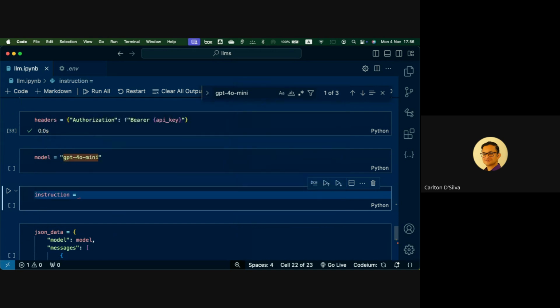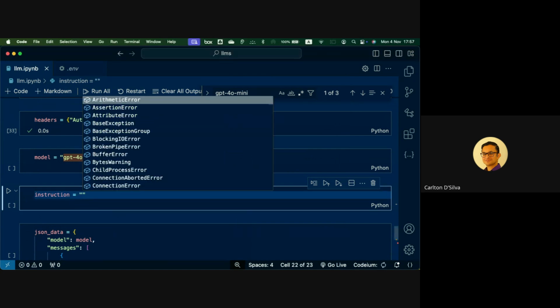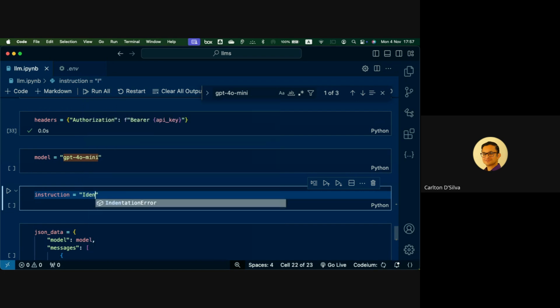I'm just making up these variables so that it's easy for you to understand what's going on. Instruction is what you tell the GPT to do. You remember we were doing sentiment analysis earlier with text block, right? So we could do the same here. We can give it some instruction. This is the part where you communicate with GPT, so it's the same sort of idea.